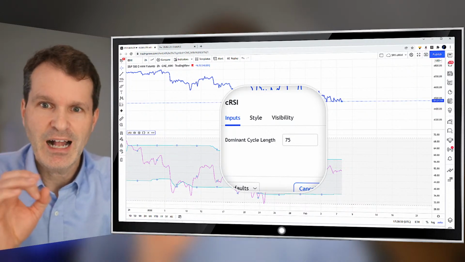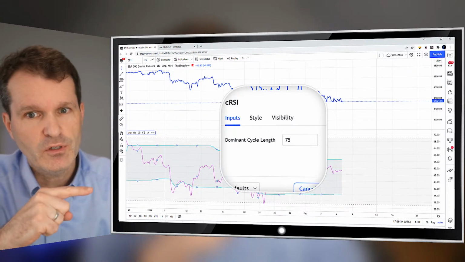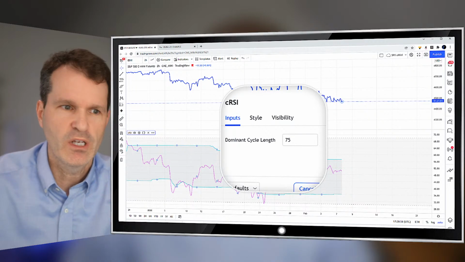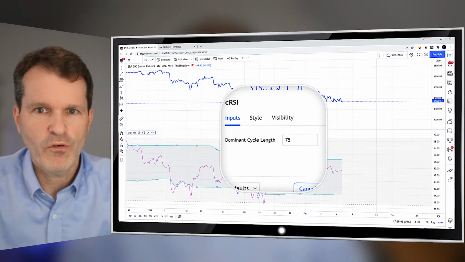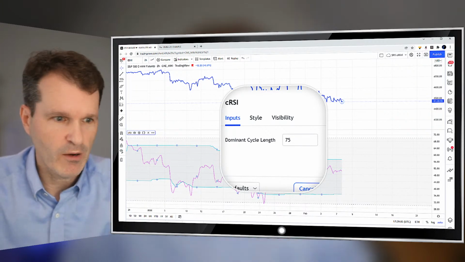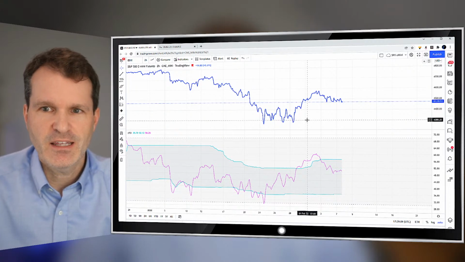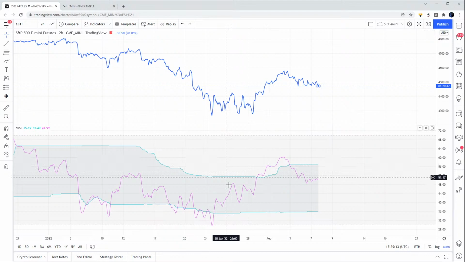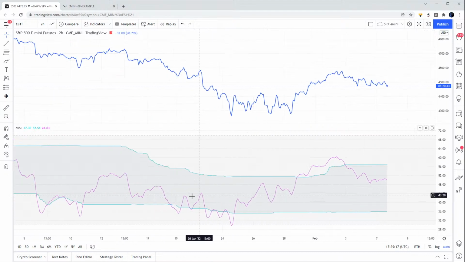If you use half of the length of this dominant cycle as input for tuning the technical indicators, that's why in this case here I've chosen 75, which is more or less half of the dominant cycle on the 2-hour chart as an input, which optimizes the readability of the signals from this technical indicator. Now, as you see from a timing point of view, here we had the first